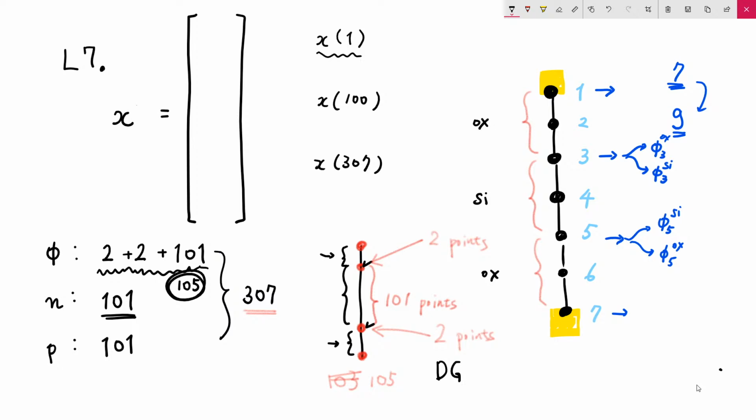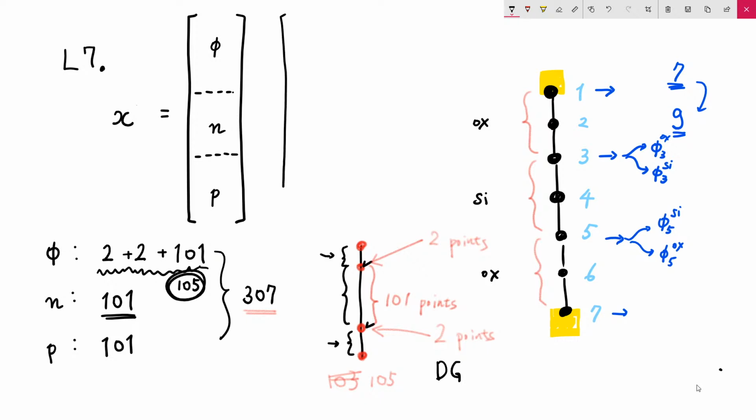It really depends on your choice. Actually, you can define it in different ways. For example, one way we can think of is: first define electrostatic potential, next define electron density, and finally define hole density. That can be one possibility. I'm not saying that this is the real solution you have to have,